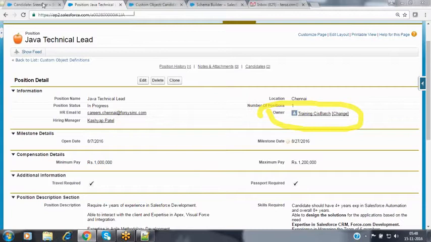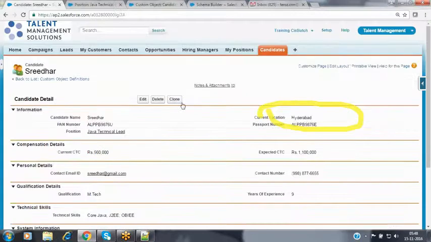Now, when you go to the candidate record, you don't have the owner field. You won't find the owner field. Why? Because whenever you create a record associated with a parent with the master detail association, the child record comes completely under the controlling of the parent record, so the owner is not available for the child record.